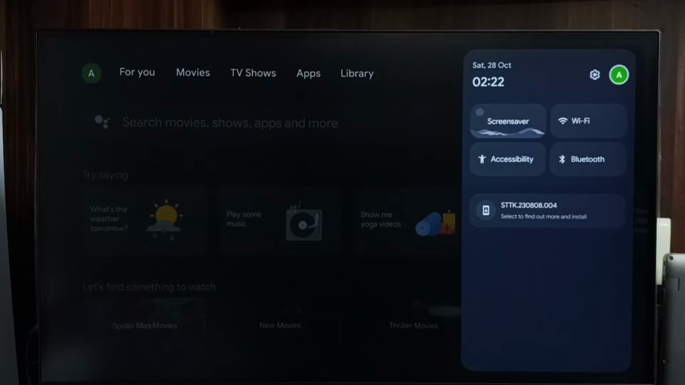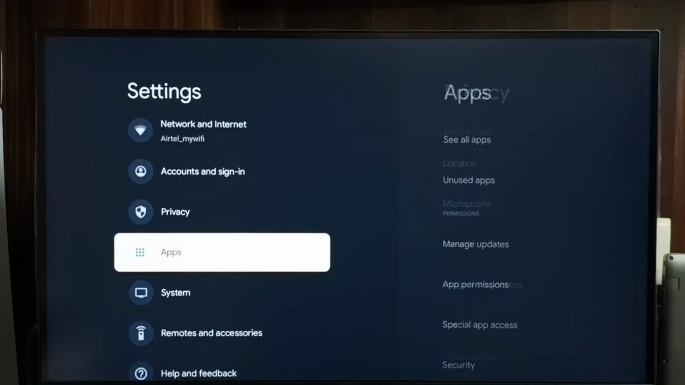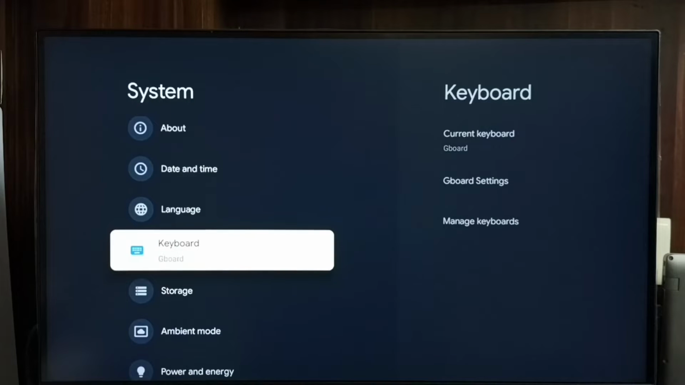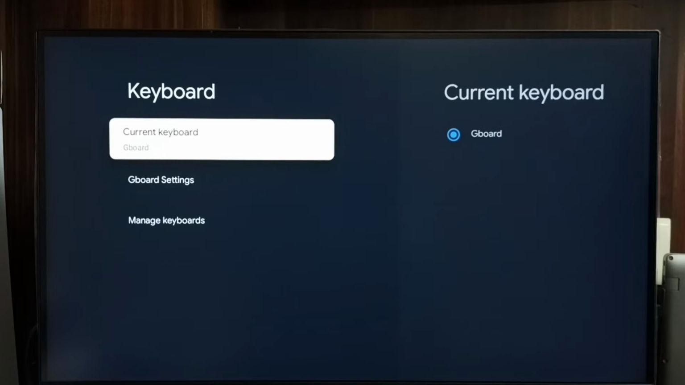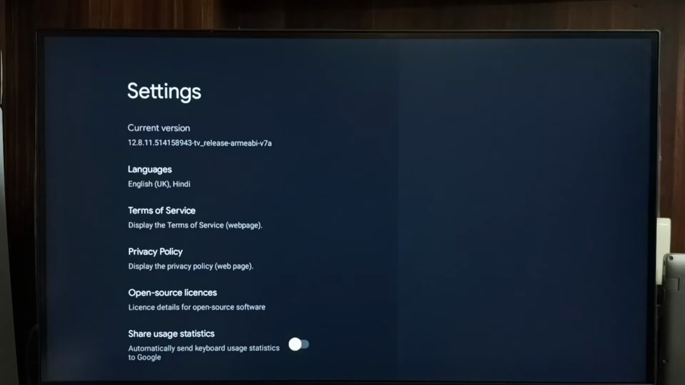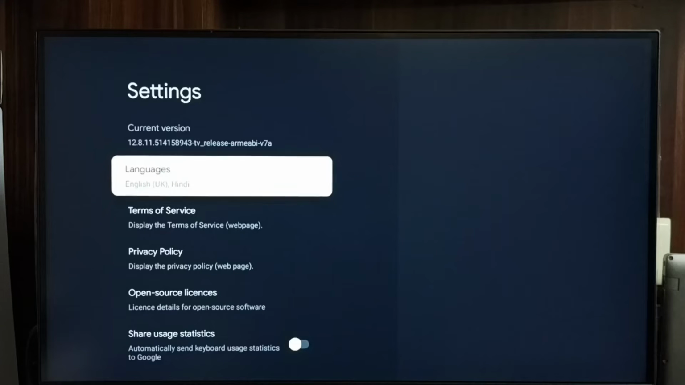Go to settings, select the settings icon, go to apps, go down, select keyboard. Go to current keyboard, you can see current keyboard is Gboard. Let me go to Gboard settings. In this Gboard settings we can change the keyboard language. Okay, so let me go to languages,